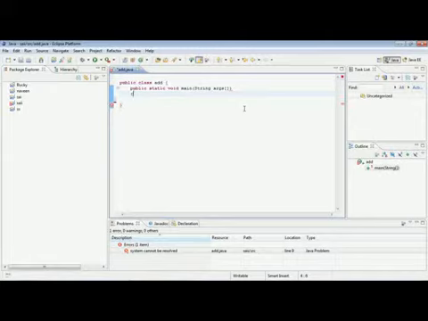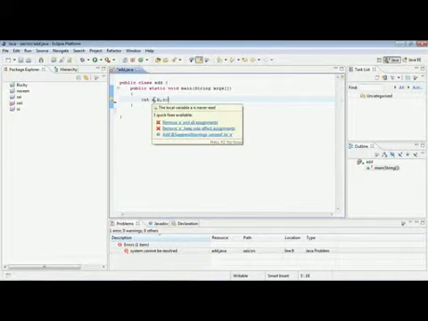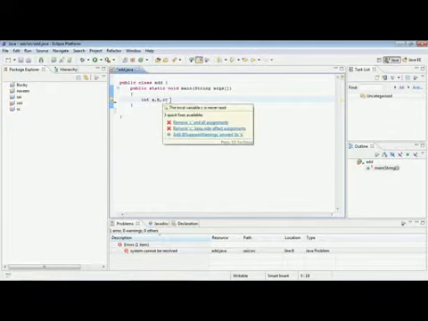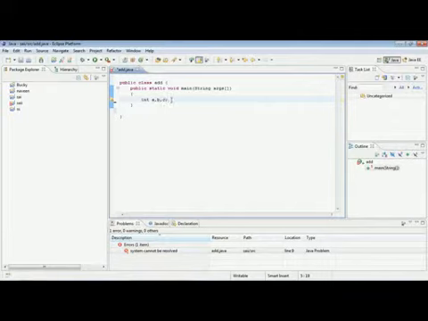Now we will be initializing the variables. Let's consider three variables, a comma b comma c, where a will be given a value and b will be given a value, and these two will be added and given to c, so that we can read the value of c directly, which will be equal to the sum of a plus b.